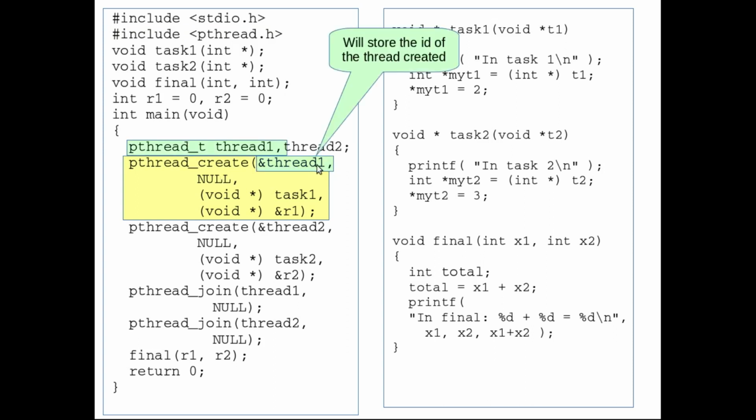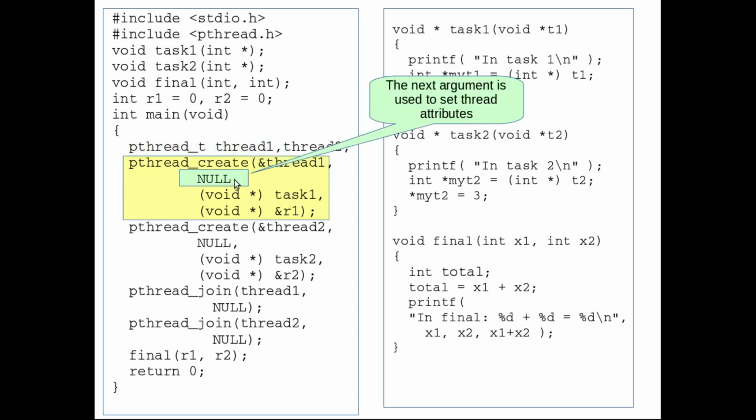For the first argument, we need to pass a pointer to pthread_t, and this variable will be used to store the ID of the new thread that will be created. So when we create a thread, the ID of the new thread will be stored in this variable thread1.